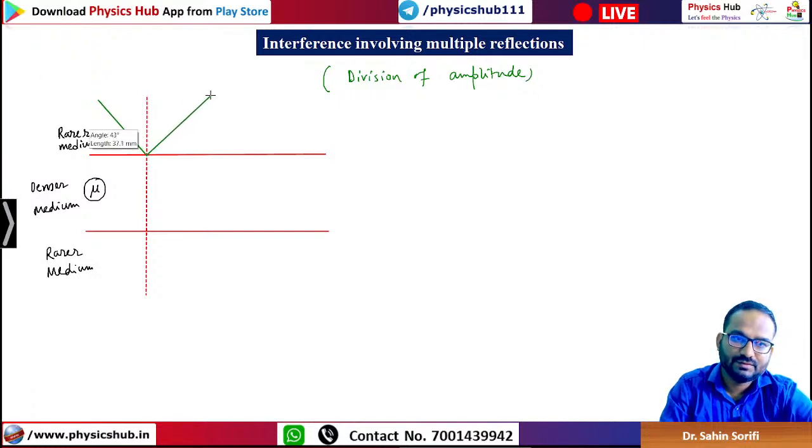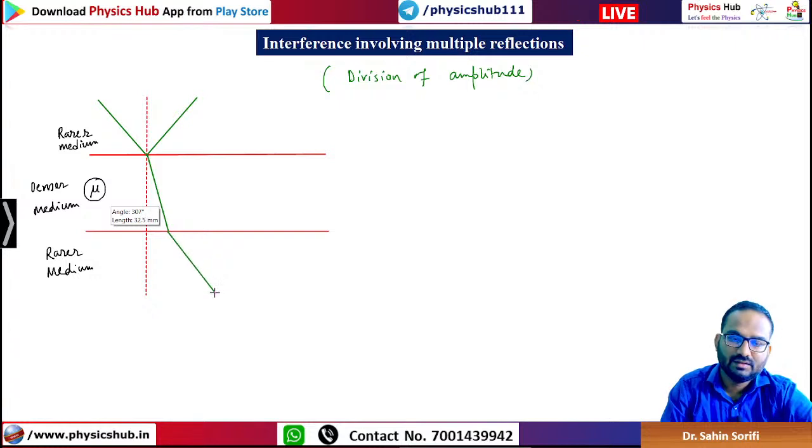A portion of it will be reflected by the laws of reflection. A part of it will be refracted, and since it is a denser medium, it will bend towards the normal. Then it is transmitted into a rarer medium, so it will go away from the